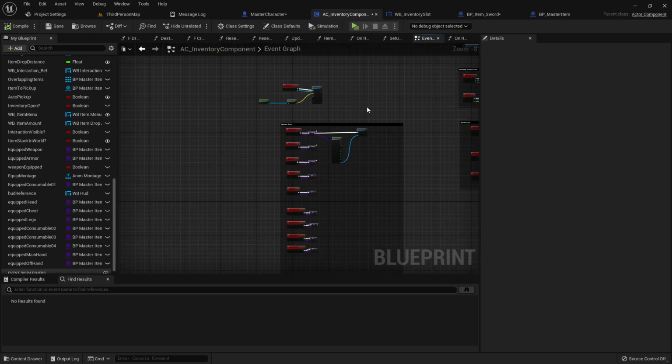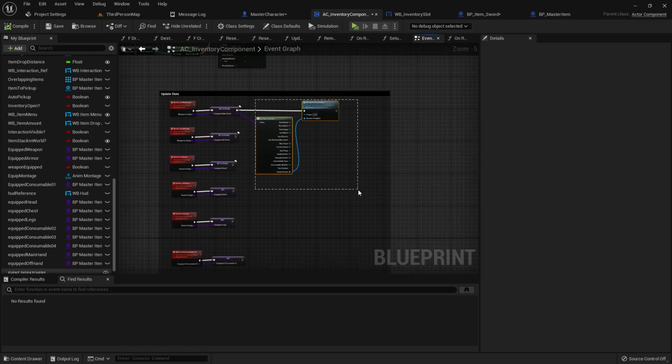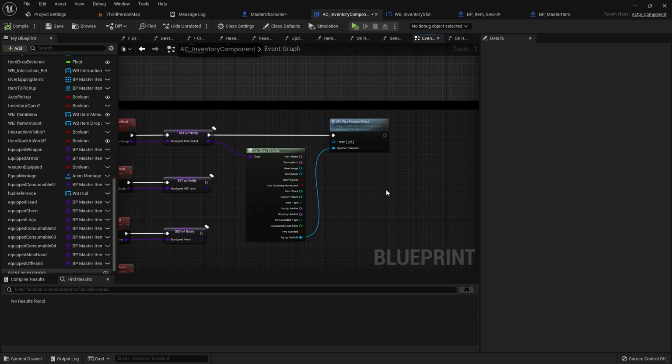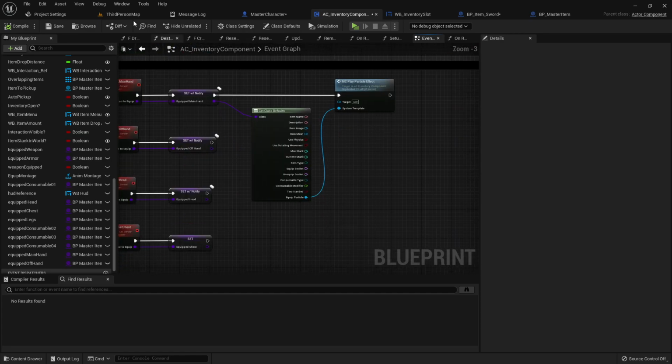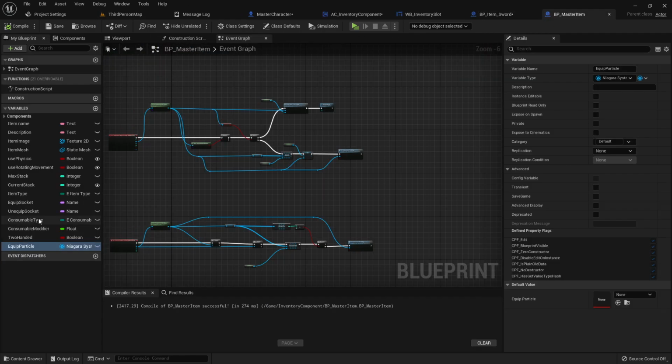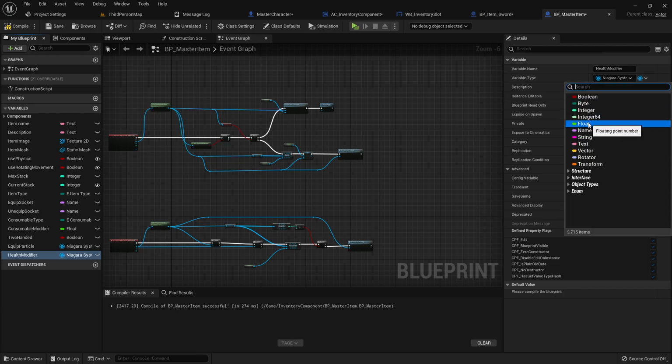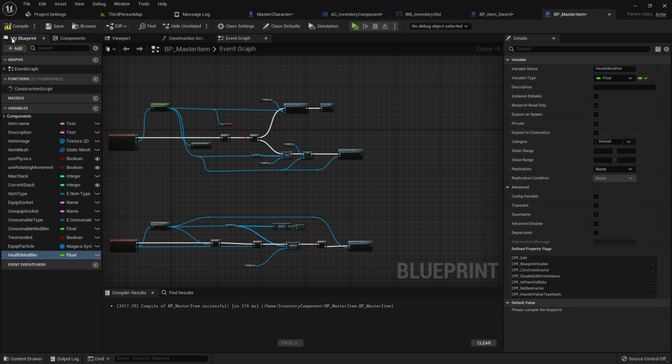I mean, this isn't really a tutorial for a stats system, but say you already have a stats system and you want to implement this inventory tutorial as well. What I would do is I would add say health modifier, and this will be a float,